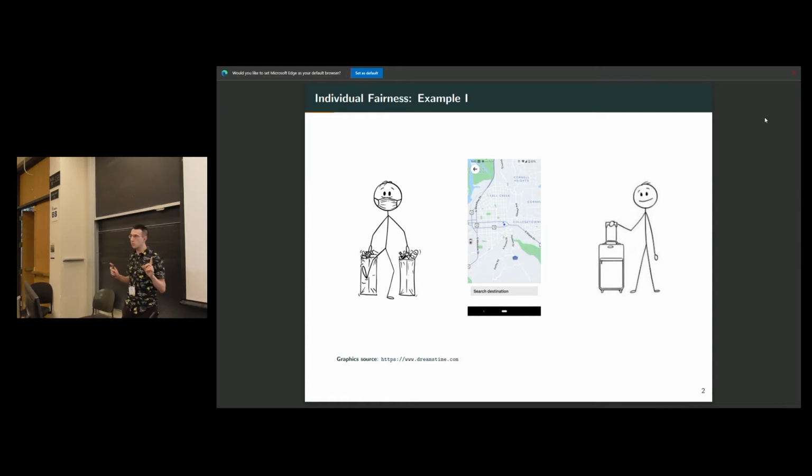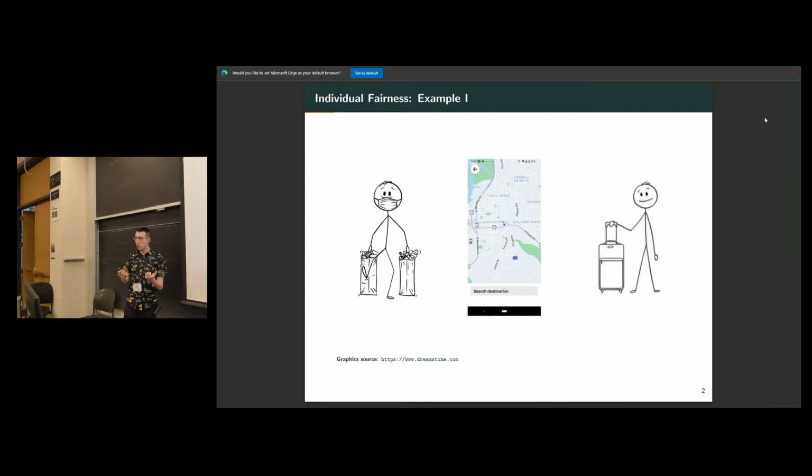So example number one, which will showcase this one type of fairness, is suppose you are in a small town and there is a ride-sharing application like Uber or Lyft, and suppose there is only one rider available at any time and two potential customers. The customer on the right is a frequent traveler, meaning that they request a ride almost every day. They use a ride everywhere they go. The person on the left, on the other hand, mostly uses public transport, except today they missed their bus while going back from grocery shopping, and they live far away, so they have to get, let's say, an Uber.